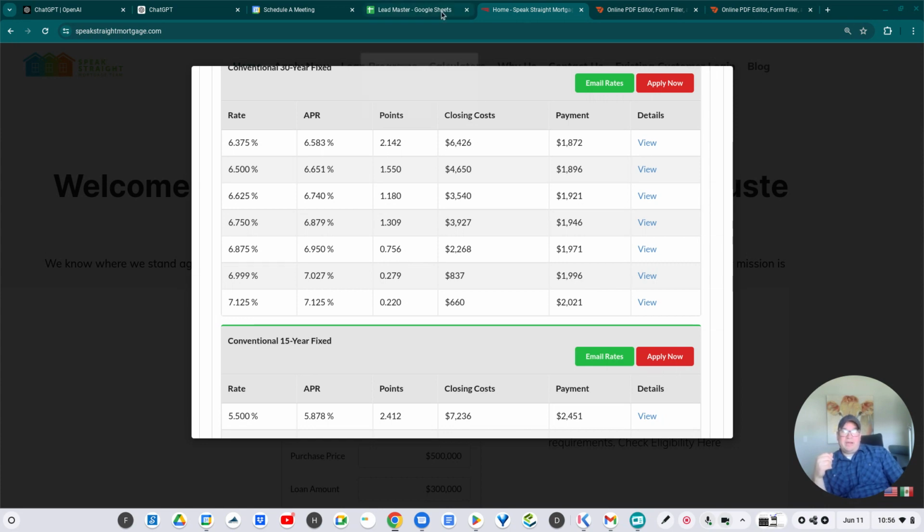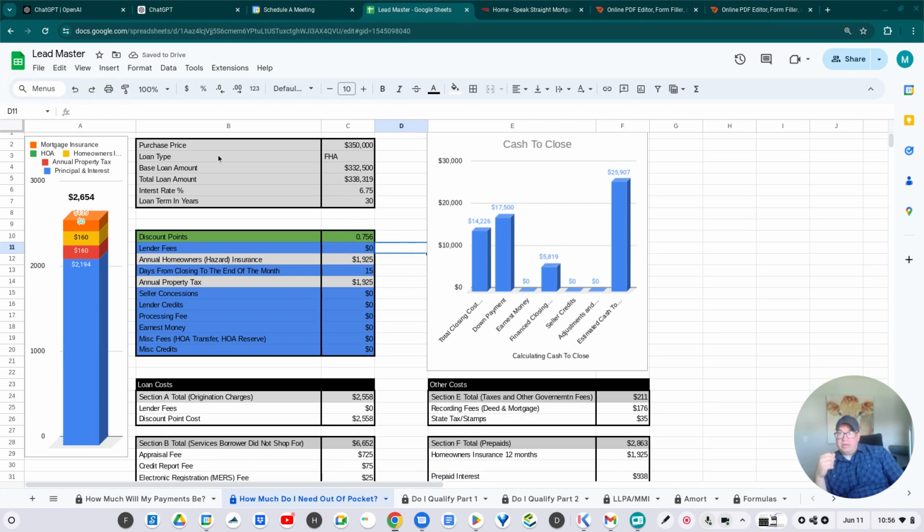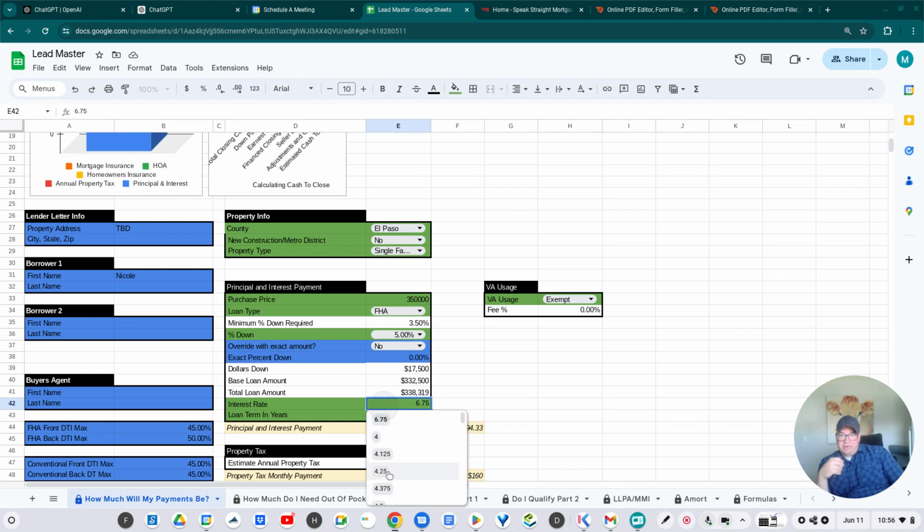So if I went back to this worksheet and entered 0.756, and then changed the rate to 6.875 over here on the first column,